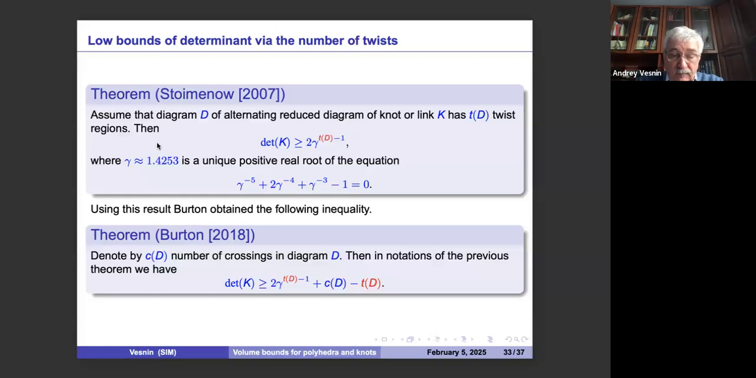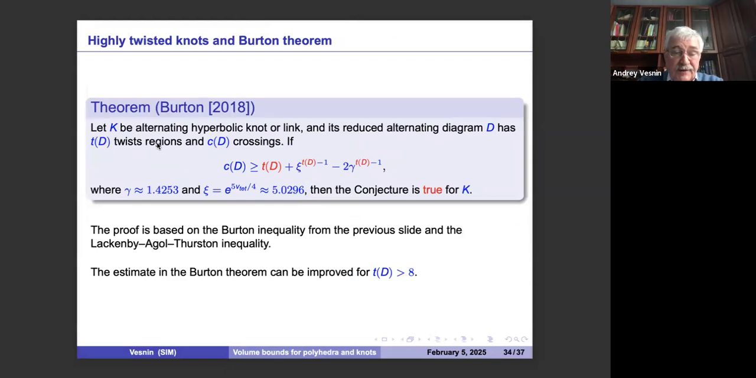Then Burton obtained the next inequality. The determinant is bounded below by gamma to the degree of the number of twist regions minus 1, plus the number of crossings minus the number of twist regions. And finally, he obtains the following inequality, which relates the number of crossings and the number of twists, which guarantees that the conjecture is true. So if you have such an inequality satisfied, then the conjecture is true for such a knot. The proof is based on the Stoimenow result for bounding the determinant, and it also used a bound for volumes, which was done by Lackenby, Agol and Thurston. And since we are able to improve the Lackenby-Agol-Thurston inequality